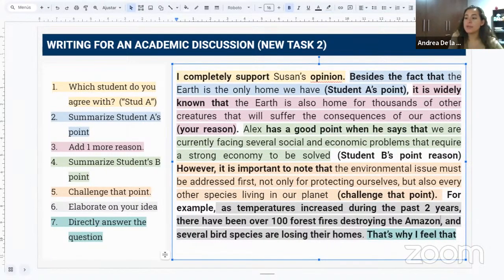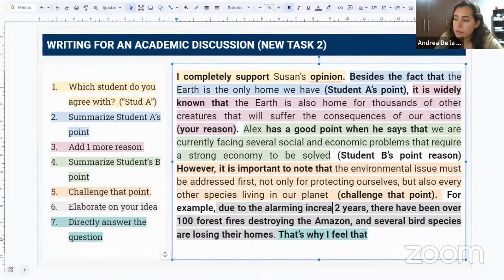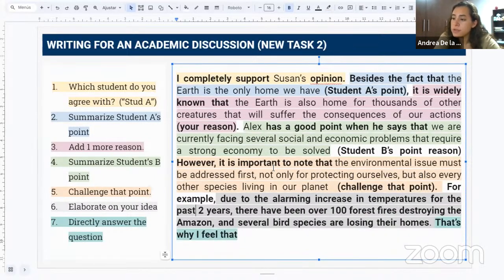So I'm trying to make it a little bit more specific. As temperatures increased during the past 2 years, or maybe I will even say something like, due to the alarming increase in temperatures for the past 2 years, there have been over 100 forest fires destroying the Amazon,